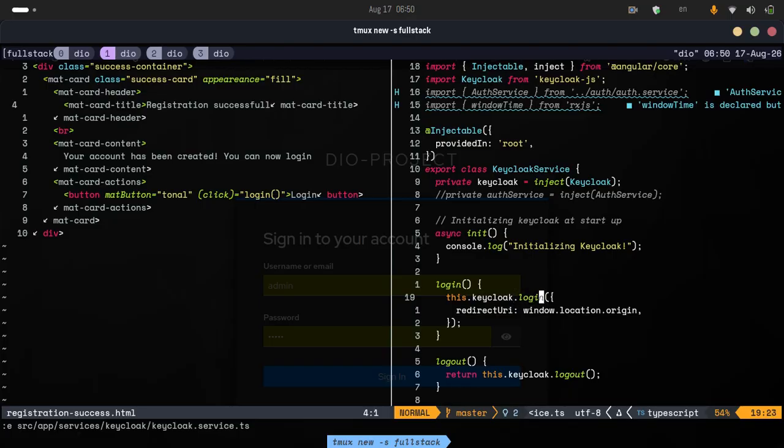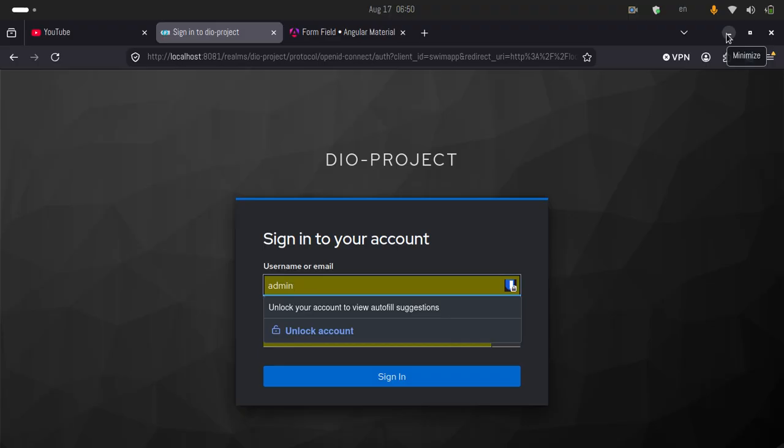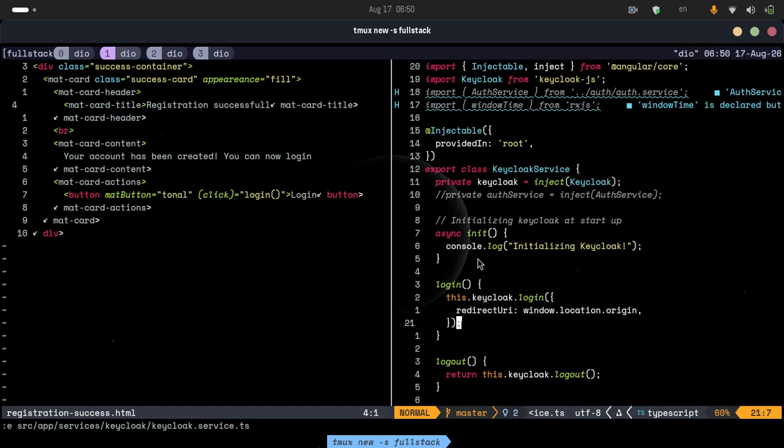So once the login method is called, we're directed to our Keycloak login with our project. I think you can customize it also, but like I said, I'm not really a front-end type of guy, so I just use what it is. And once we are finished with the login, the redirect URI is where we're redirected once we've successfully logged in, to our